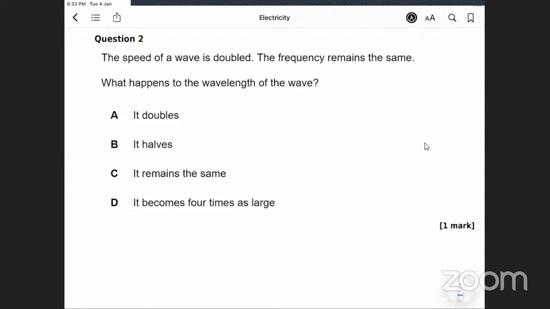Okay, so the answer is A. Rasta, would you like to explain why you think the answer is A? Okay, so I just thought about the concept that the speed and the wavelength are directly proportional. And I thought about how you multiply the frequency and the wavelength to get the speed. So if the frequency is staying the same, and if the speed is